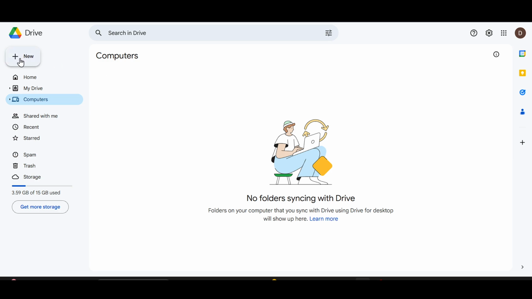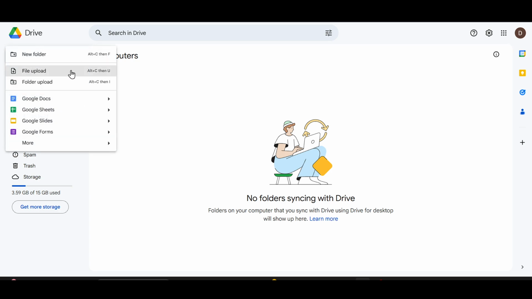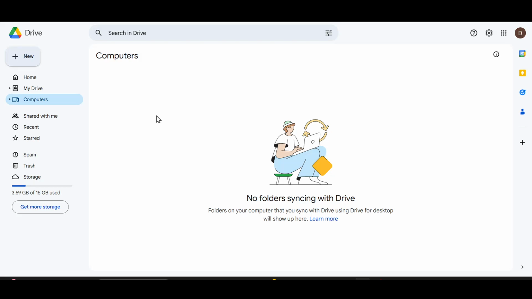Now on the left side, you have the option of New. Click on this and then you will see the option of Google Forms. Click on this Google Forms. Now, after opening the Google Form, come back to Google Drive and then